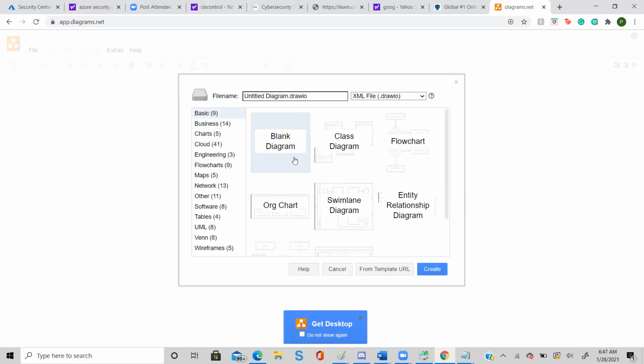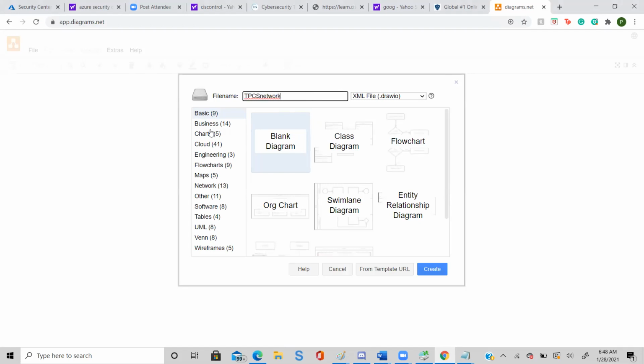In the file name, give TPCS. On the top, you see there is something called file name. Just remove that and type TPCS network.